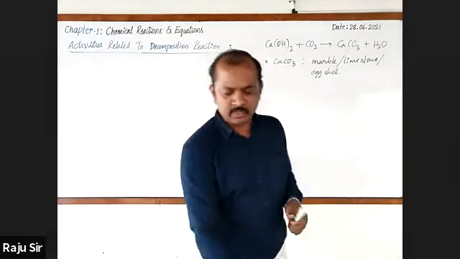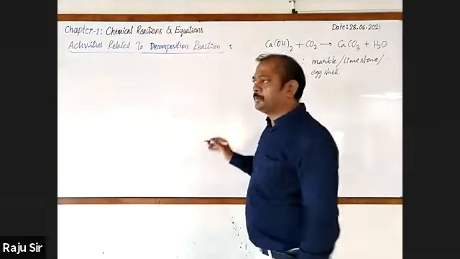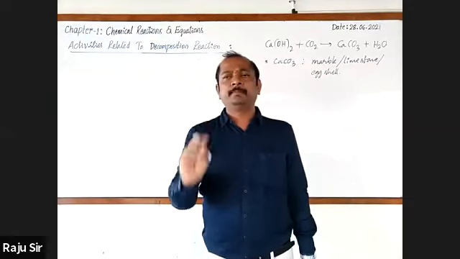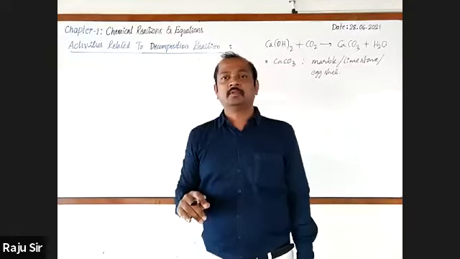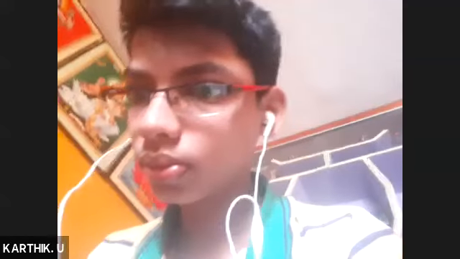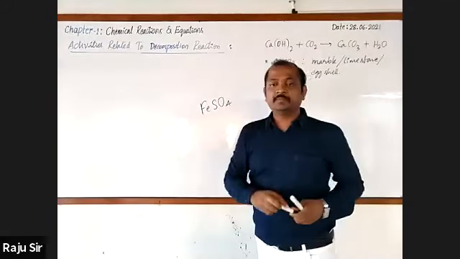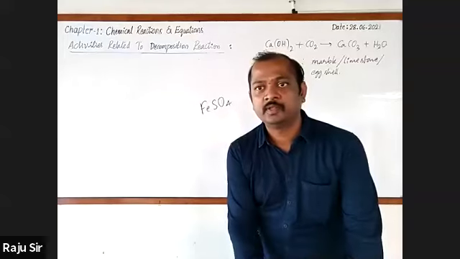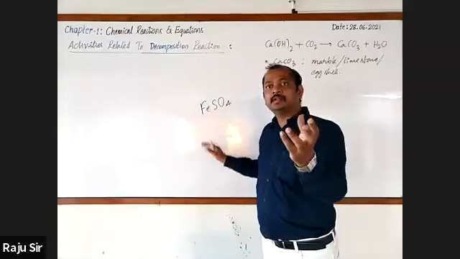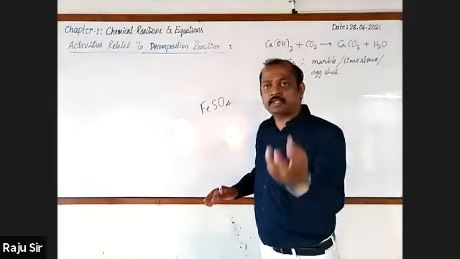The very first one is, I think you are able to tell the name of this compound. It is a salt, and its color is pale green. You know what is that? Yes, iron sulfate, FeSO4. Color of iron sulfate is pale green. But actually, it is a hydrated salt. The actual color of the salt is white only. In that, the minimum possible amount of water is present.